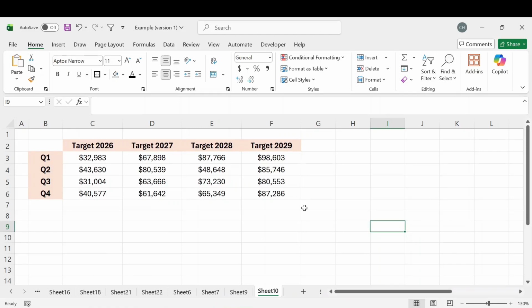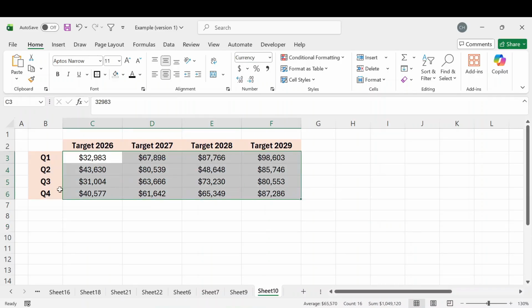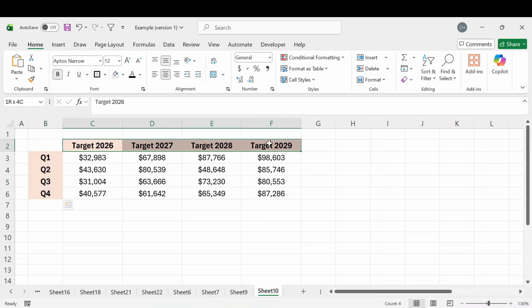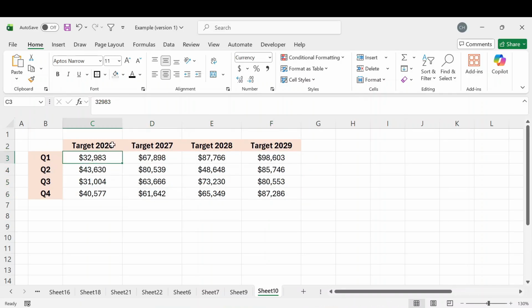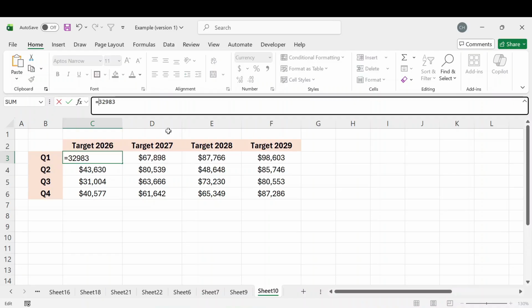All right, let's talk about how you can divide an entire column or row by a single number or value within Excel. So here we have some sales projections for each quarter and year. Now let's say that our projections were a little bit too high and we actually wanted to divide all of these projections by 2. And now instead of manually going in there and typing a formula to divide those by